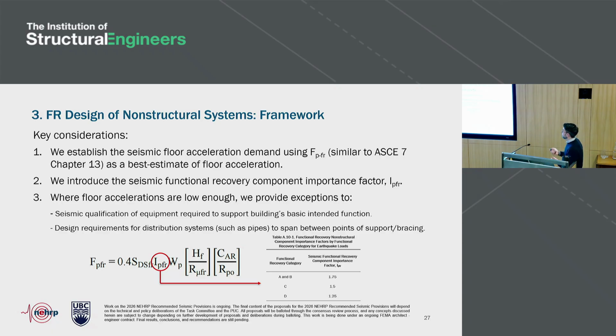So the RMUFR I mentioned earlier, what it does in this equation here is it reduces the potential forces that non-structural components need to be designed for, in recognition of the ductility in the structural system. So that is structural system specific, and that's why we need to specify an RMUFR when we're specifying the seismic force resisting system, and that's why we had that variable also in the previous section.